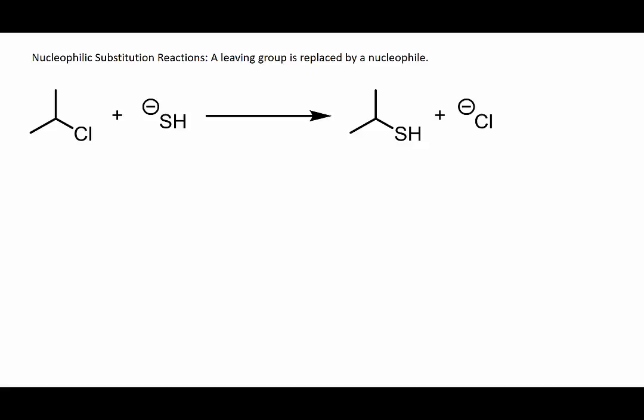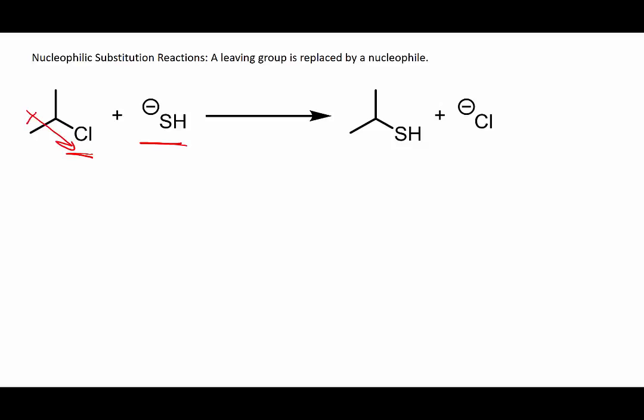A common reaction that you'll see with alkyl halides is a nucleophilic substitution reaction. In this type of reaction, a leaving group, in this case the chlorine, is replaced by a nucleophile, in this case a thiolate. The reason that alkyl halides can undergo such a reaction is because the chlorine, or the halogen in this case,